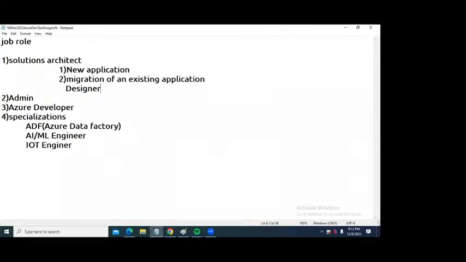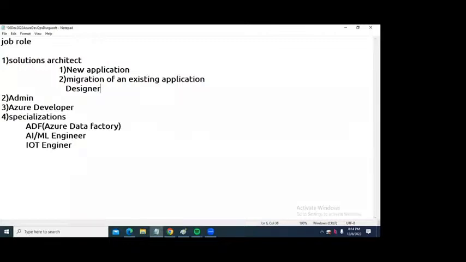Networking he has to know. He has to know what the operating systems are, what the licensing cost is. Each and every corner scenario must be known to the solutions architect. And one more time I am telling you, writing the solutions architect exam, like AZ-104 or AZ-305, is different. Becoming a solutions architect is completely different. Both are different, remember. Anyone can write the exam, but becoming a solutions architect needs a lot of experience.